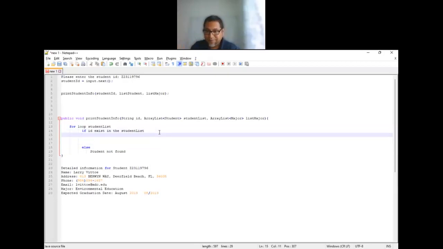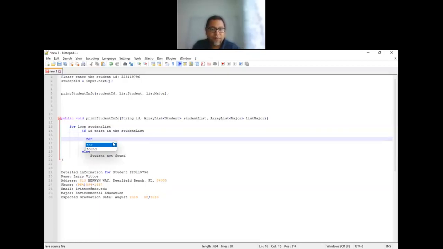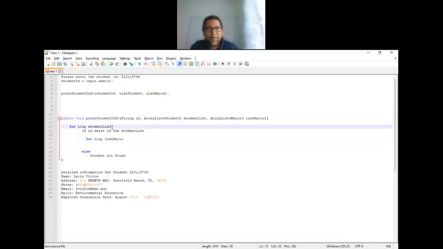However, if the ID exists, what do you have to do? What you have to do is get the major name. So you have the student information, right? You have the student major ID, right? The student has a major ID. Now what you have to do is create another for loop here that scan the major and compare the major ID for this student,